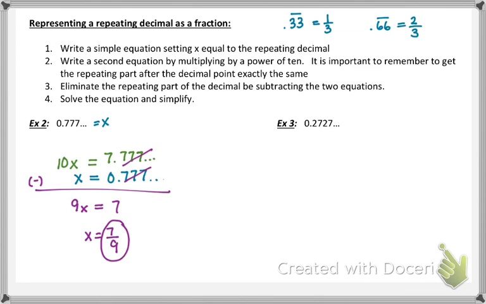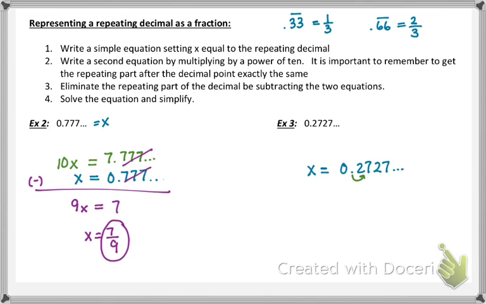Okay, let's try to do the same thing for 0.2727 repeating. So I'm going to say x is equal to 0.2727 repeating. And then I'm going to multiply by a power of 10. So that could be 10, 100, 1,000, whatever it is that will help me move my decimal place over, so that when I subtract, I can subtract away the 0.2727 repeating. And so if I just move my decimal place one space to the right, then I'm going to get 2.727,